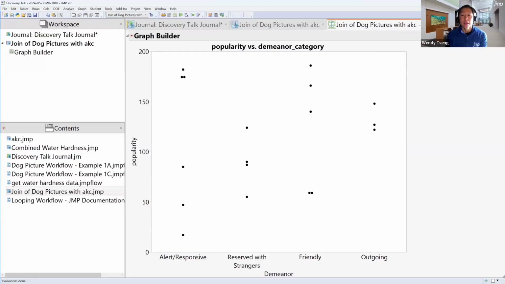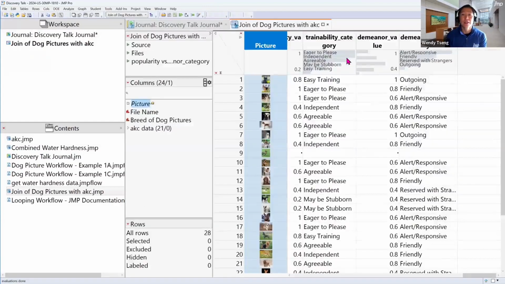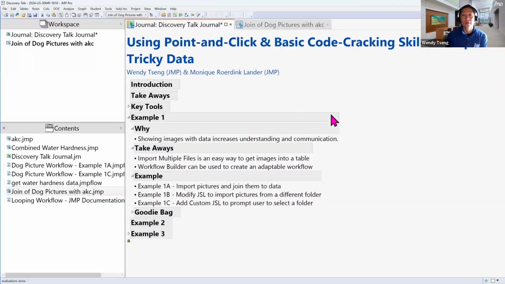So how did I bring this data together? As I mentioned, there's a publicly available data set, American Kennel Club, and I captured these pictures in a file folder and I joined them together. Let me first zoom out to give you a preview of what you're going to see in this first example. I'm going to start by introducing multiple file imports as a way to bring in pictures in a folder easily. And then you're going to see Workflow Builder in action